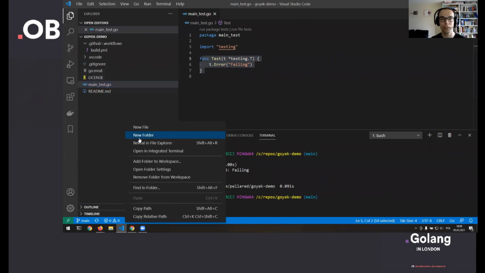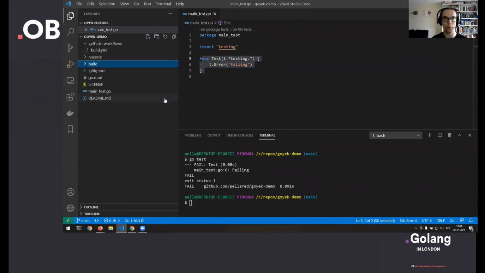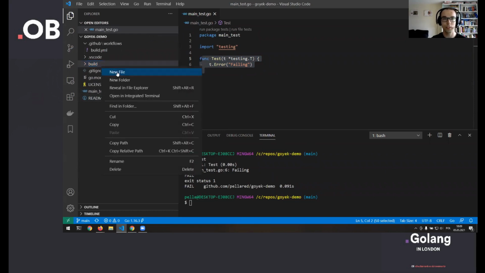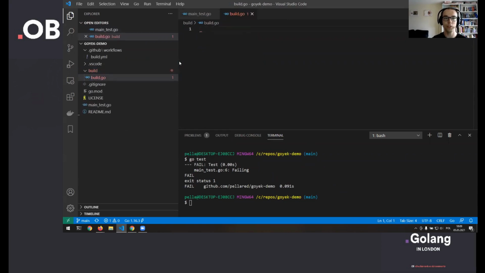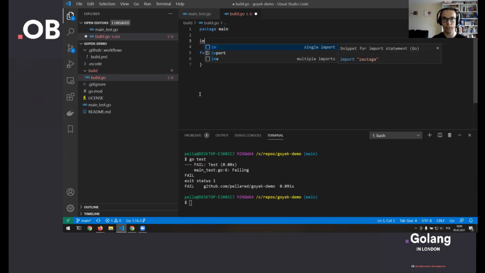So without further ado, I just create a folder called build and create a file called build.go. Just create a package main, function main, and then what can we do? We'll need to import something, right? So let's import GitHub